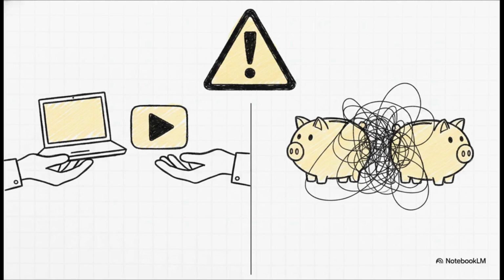But a huge blind spot is barter deals. If an Indian brand sends you a free laptop worth 80,000 rupees instead of paying cash for a video, that is still considered a taxable domestic supply valued at 80,000 rupees. You owe 18% GST on that value. Another massive mistake? Mixing personal and business bank accounts. That just makes tracking your aggregate turnover an absolute nightmare.